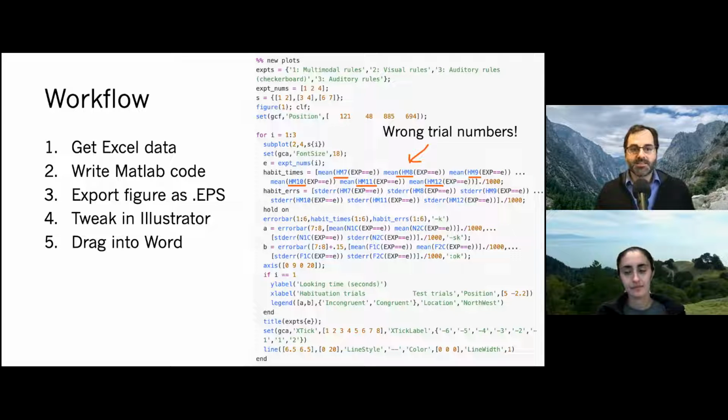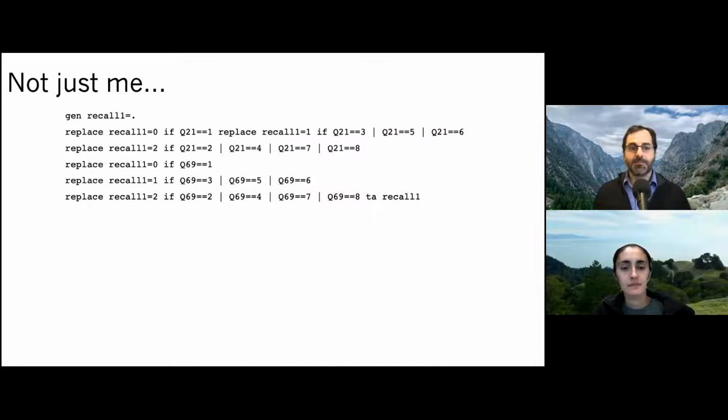And as I reflected on this later, I realized there were some real fundamental issues in my workflow. I had never really been trained to create a workflow that allowed me to document and reproduce the provenance of the numbers in the manuscript, and the coding practices that I was using really didn't create an ecosystem where it was obvious what was being done, where it was labeled in a way that was human readable, and where I could really clearly check my work, or another person for that matter could check my work. Now, as I've gained more experience in this space, I realized that that was certainly true of my work, but it was not just me.